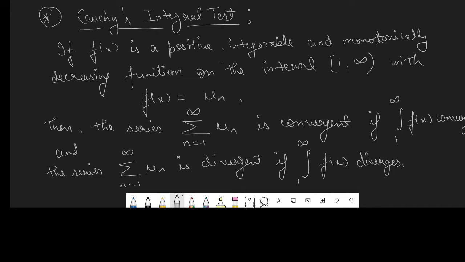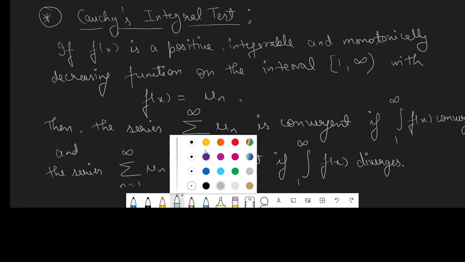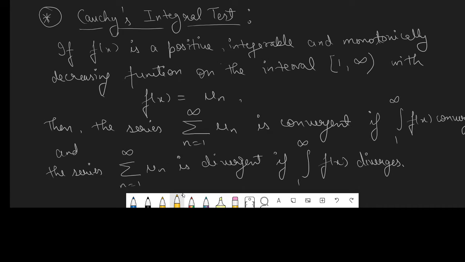In this video, the topic is the Cauchy integral test. The statement is: if f(x) is a positive, integrable and monotonically decreasing function on the interval 1 to infinity, where 1 basically represents the first term of the given series. If it is starting from n equal to 1 to infinity, then it will be 1